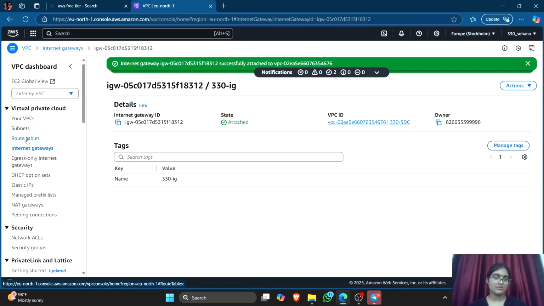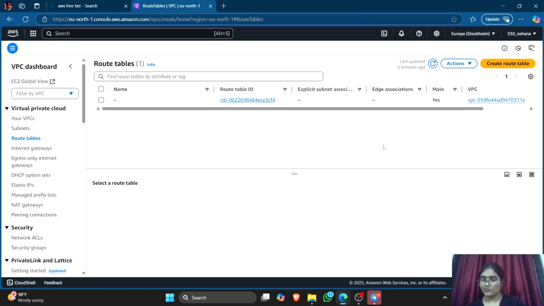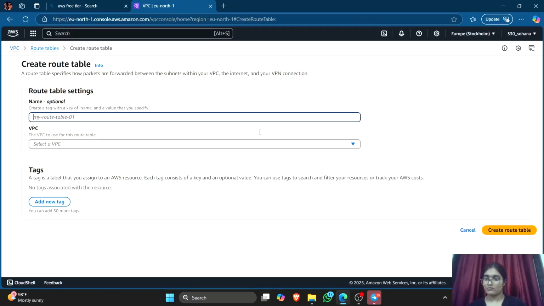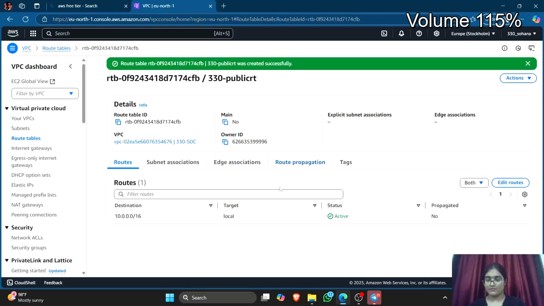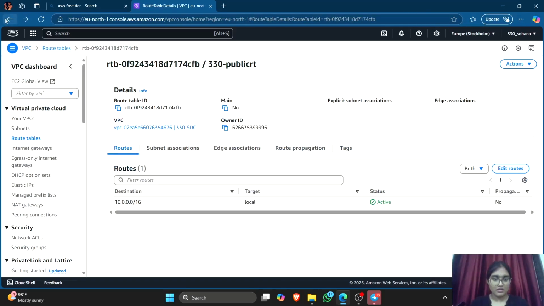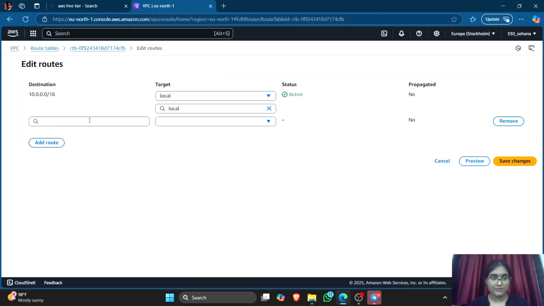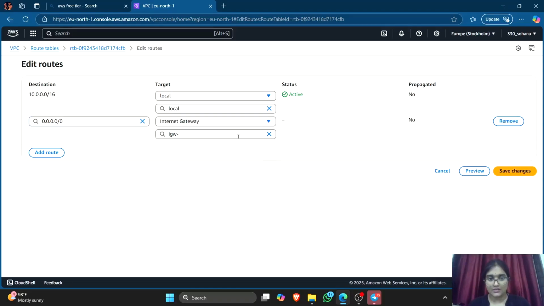Now our next step is to configure the route tables. We have to go to the route tables in this side tab to create a route table for the public subnet. We name it RT, and we have to select a VPC and create it. Here we have created the route table. Now we go to the routes tab, and here we have to click on edit routes and click on add route, and we have to select the target as the internet gateway, and we have to select the created gateway,